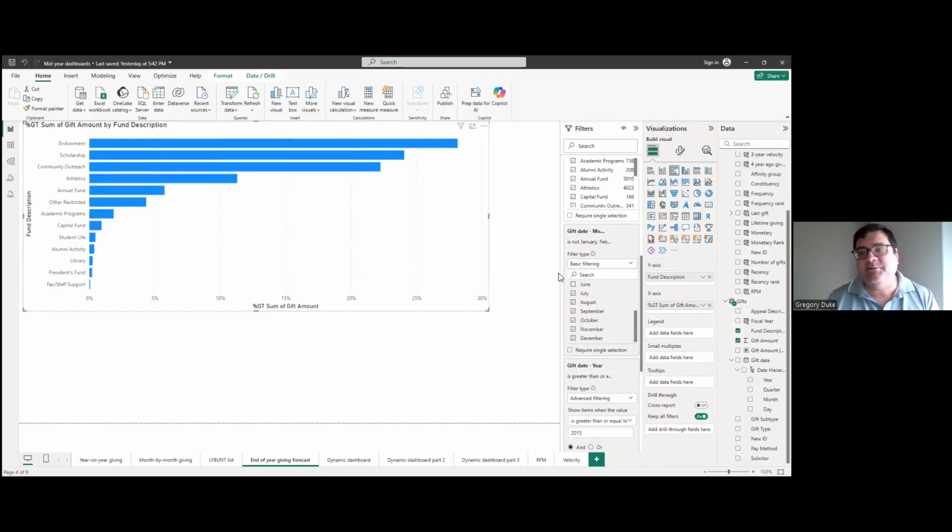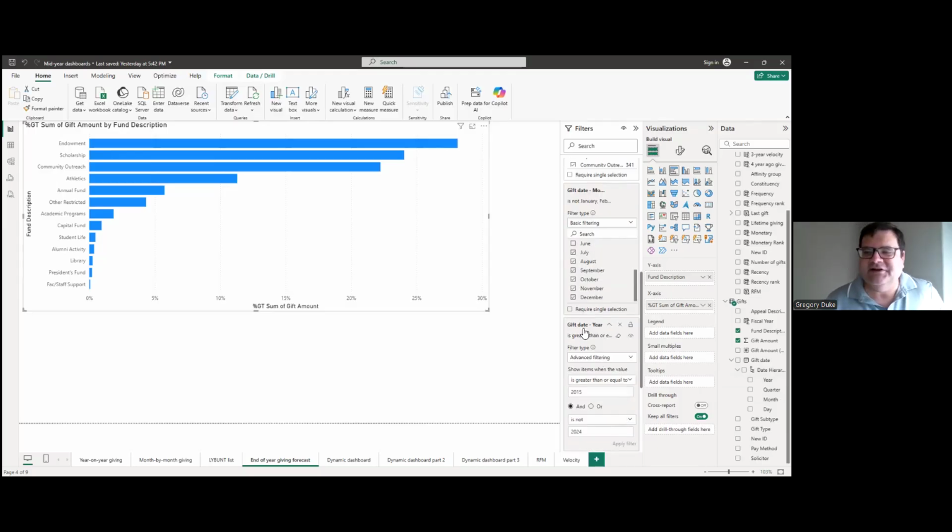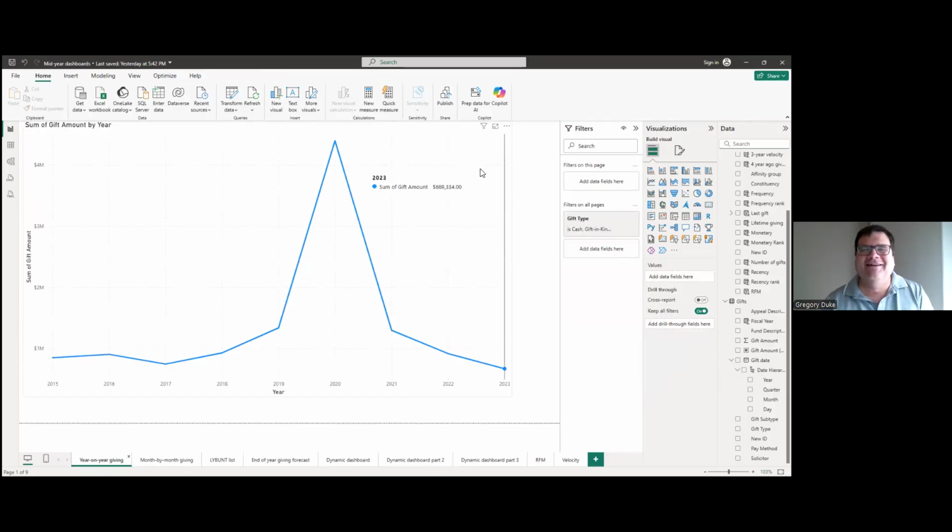That's the beauty to me of Power BI, is that you can build all of this information in a very short amount of time, as long as you have the fields. And I love that there's a date hierarchy here that you can pull. Okay, we just want to see giving in, say, August, regardless of year, or filter by a certain number of years. The other thing I want to show you, I think is kind of neat, that gives you instant analysis, is